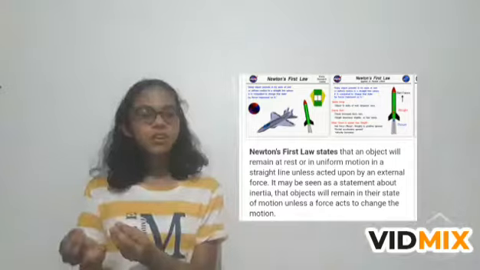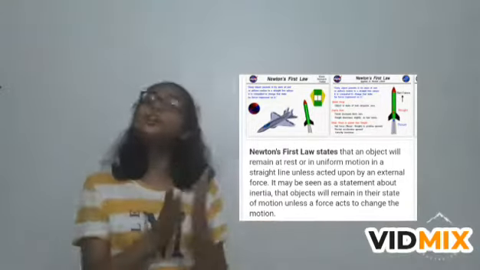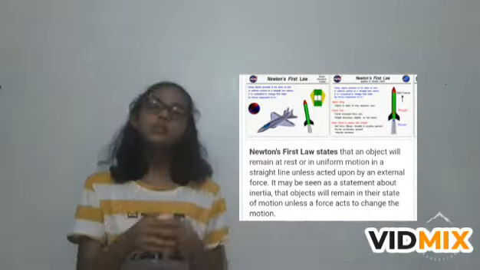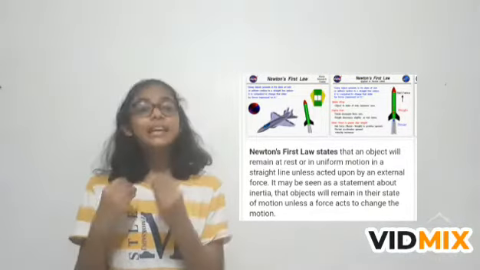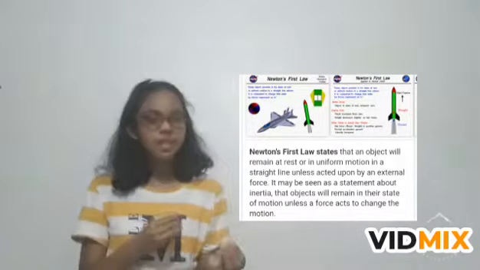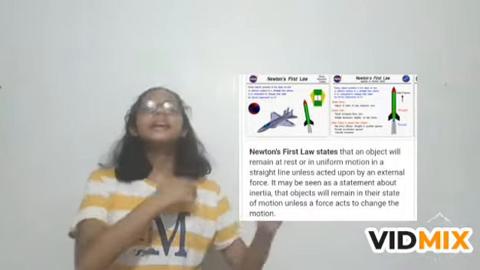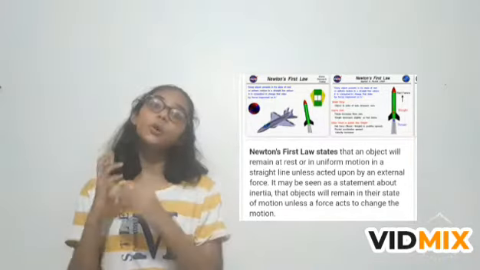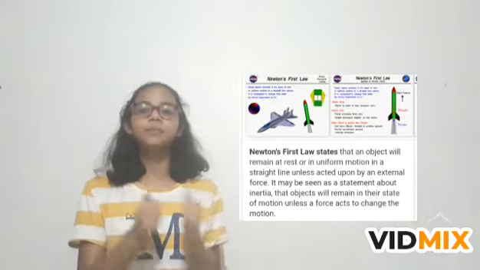If the object is in rest position, it will tend to be in rest position until and unless the external force is applied. And if the object is in motion, then it will be in motion until and unless the external force is applied. अब हमारे पास जो फर्स्ट लॉ ऑफ न्यूटन है उसका सेकेंड नेम भी है, दैट इज